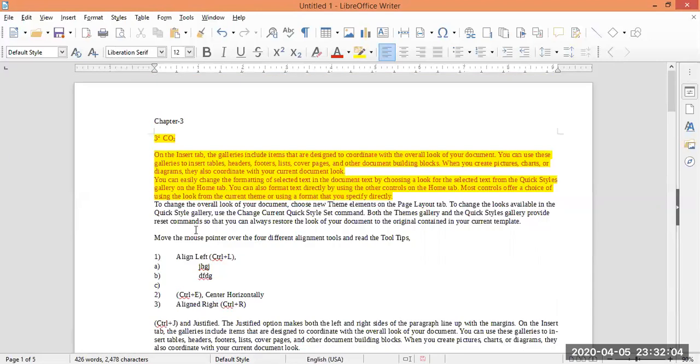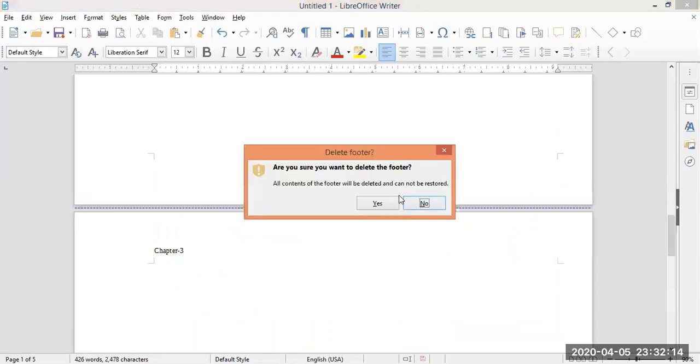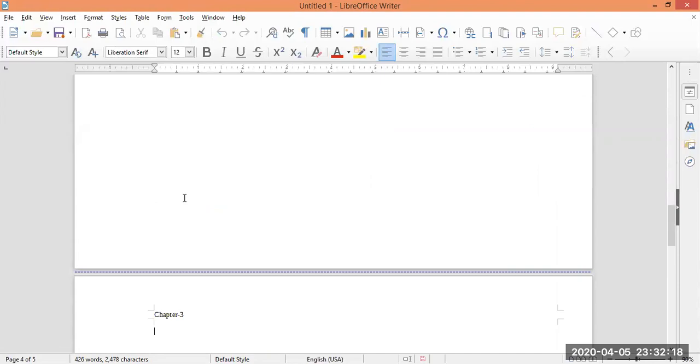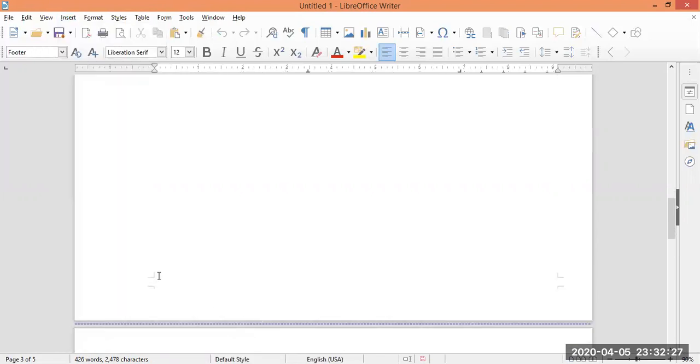The same way you can insert a footer by clicking on insert, then header and footer, and click on default style. See, now the cursor has moved to the bottom of the page.